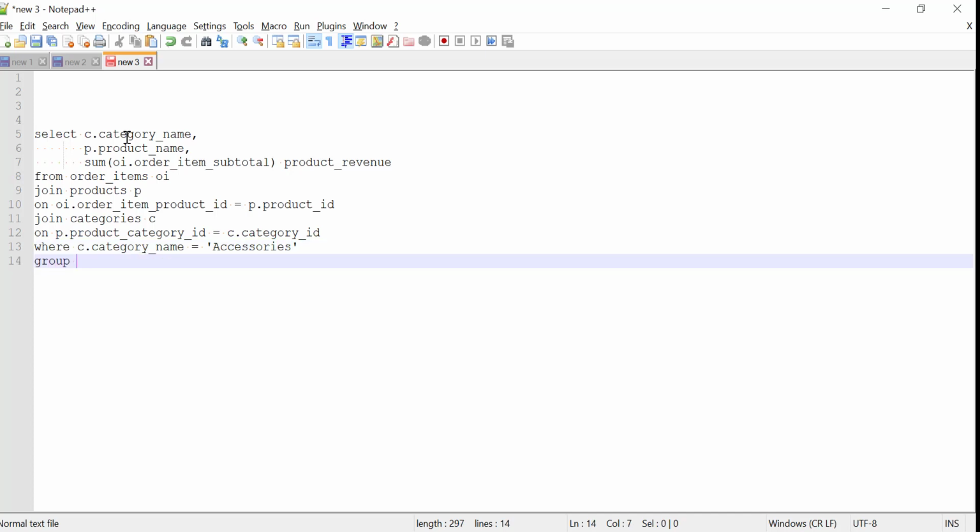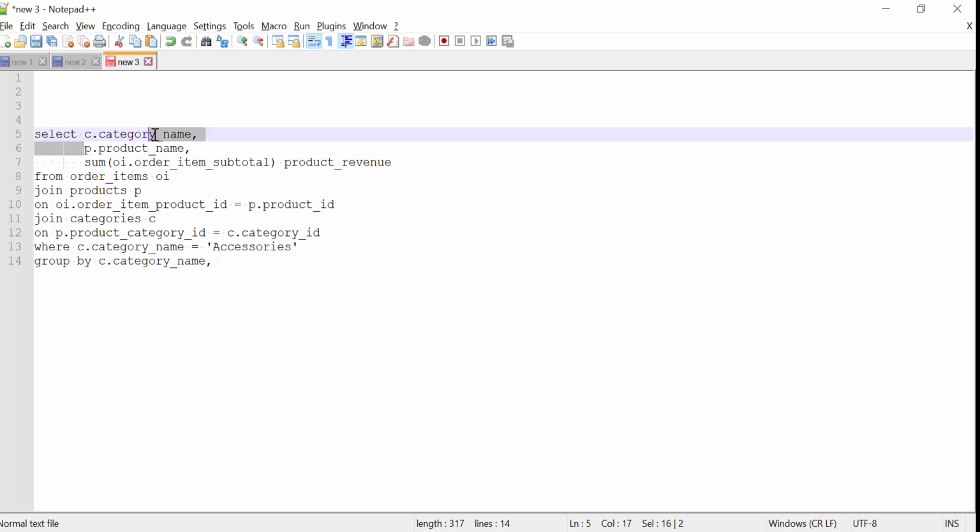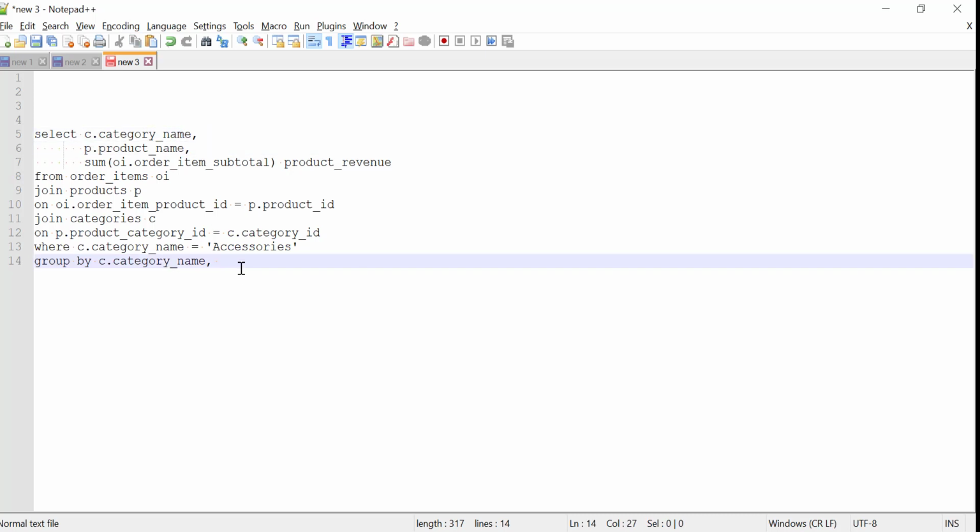So I'm gonna say group by C dot category_name and then P dot product_name. Whatever we have mentioned in the select query, we have to put it here except the product revenue. Okay, so this is my query.